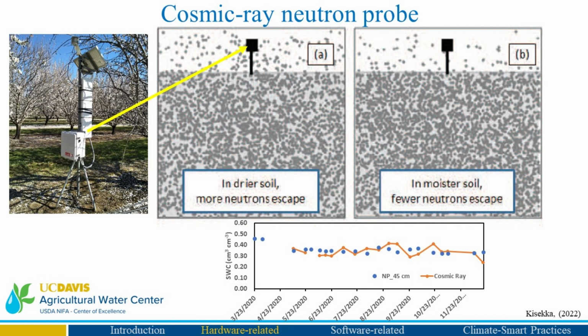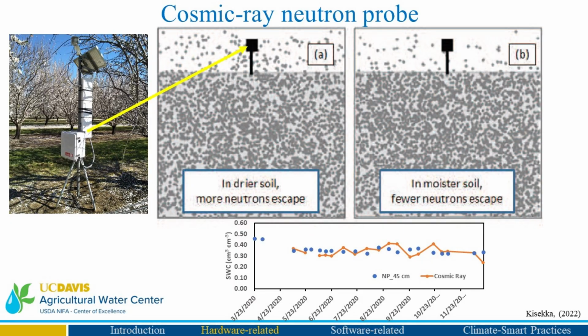This is in a pistachio orchard quite near to Davis. And this is just a cartoon drawing where you see a lot of neutrons. That tells you the soil is dry because you don't have this hydrogen in the soil interacting with these rays. And where you have low neutrons, you get wet soil. And we have compared it to a classical neutron probe, and we found them very accurate. I think there's opportunity here for startup companies to take these tools that are in research to make them cheaper and operational.